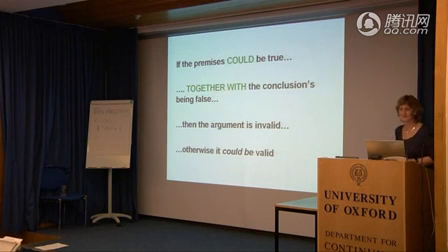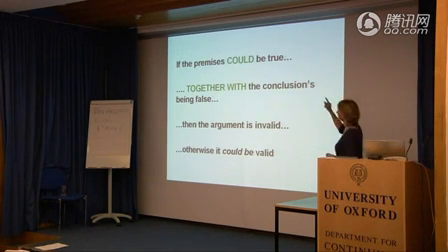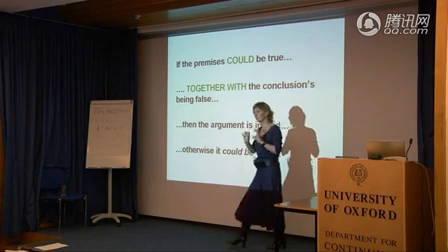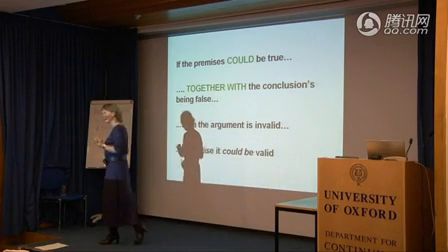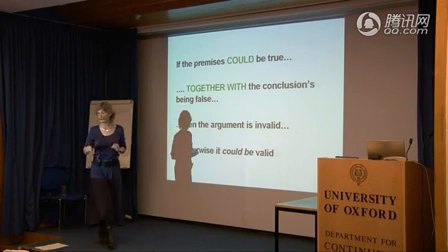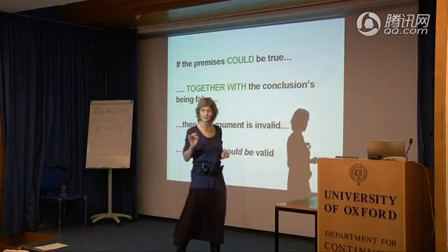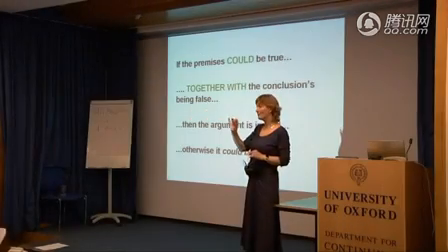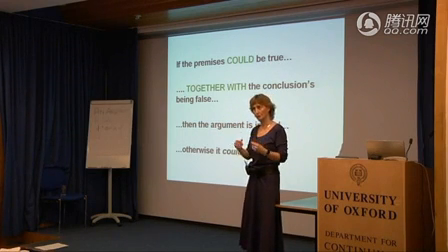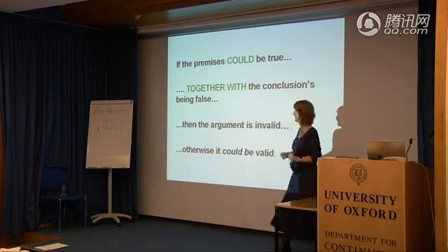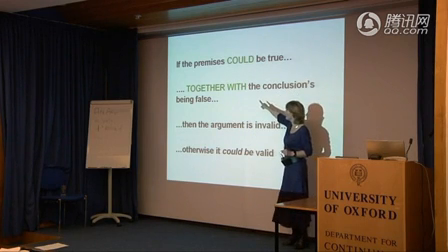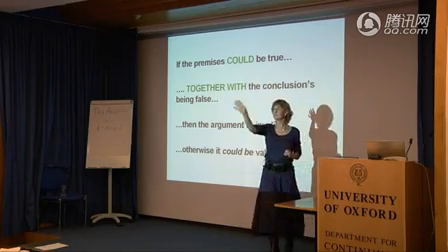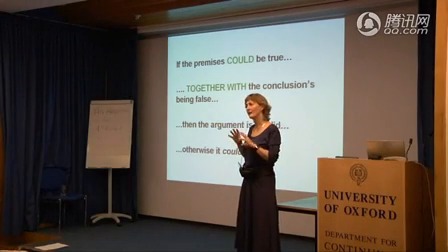We'll spend the rest of this on it. Okay, so let's think again. If the premises could be true together with, do you remember I said two things you need to be aware of? What are they? Look back on your notes if you can't remember, because I really meant it, that you must be aware of these things. It's the combination of true premises and false conclusion that's ruled out, not either one or the other, but both together. So if the premises could be true together with the conclusion being false, that's one of the things you're looking out for. What's the other one? It's the possibility of the combination rather than the actuality.